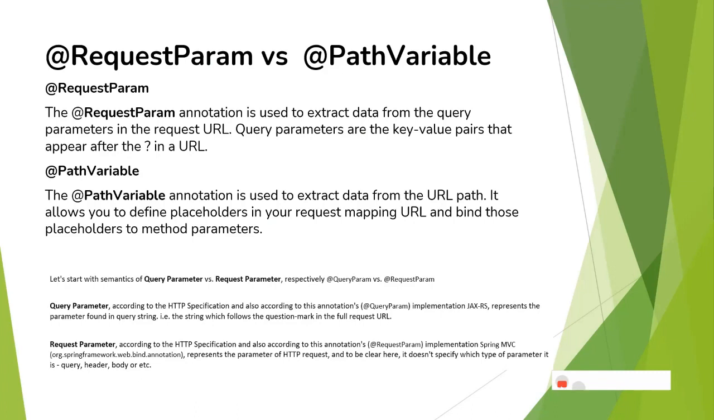And @PathVariable is an annotation used to extract data from the URL path. So it is basically part of a URL. It's just a placeholder. In that placeholder, whenever you request any data, you can pass some value dynamically, so that based on that, it will provide you the resource. So the difference between these two is with @RequestParam,